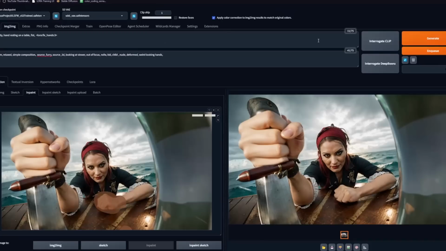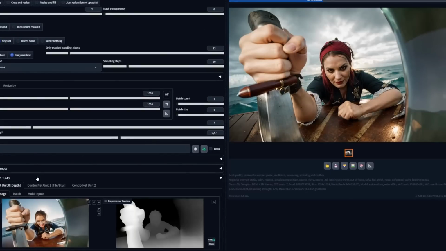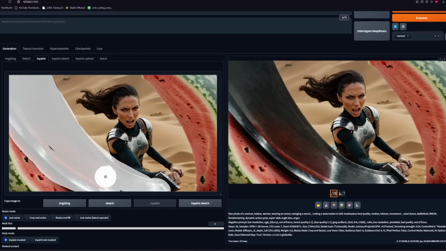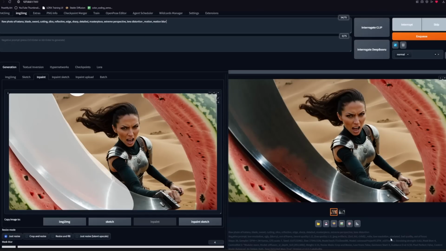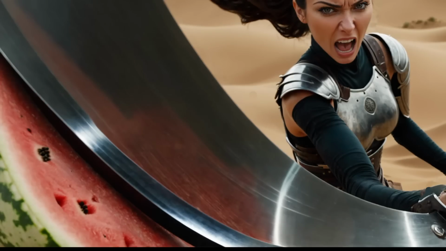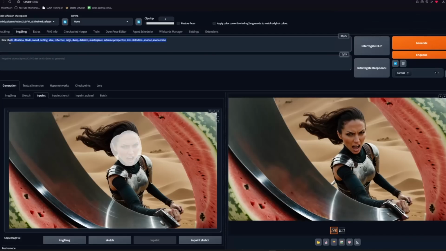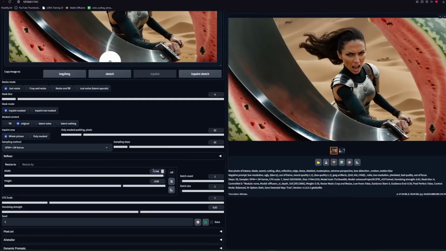Pretty self-explanatory, inpainting the parts we don't like until we like them. You can also just add parts here if you want, like this pirate hat. We can select the blade and iterate to see if we get something better or cleaner. Something like this is fine. Do this for anything you want to clean up, and once you're done, we will move to the face and hands. Starting with the face here.